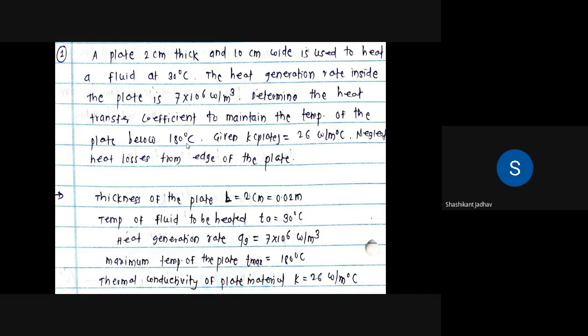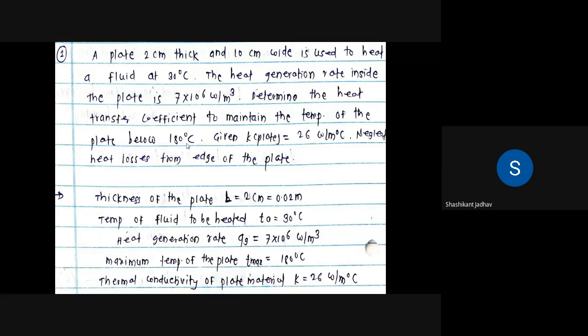So this is the problem related to the plane wall. So we have to go for the derivation of the plane wall. In that we have to find the equation. In this case T max is given. So we have to check the equation related to the T max, and that equation has H, the heat transfer coefficient, in it. So what is the equation for this? We have to check which equation we have to use for this.